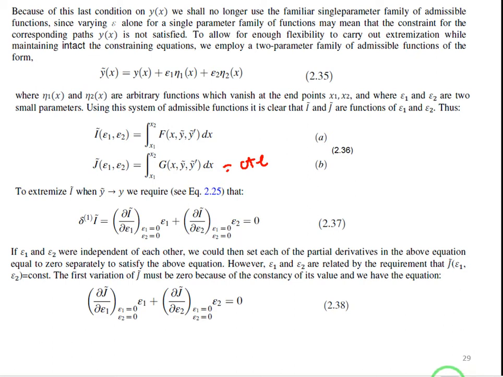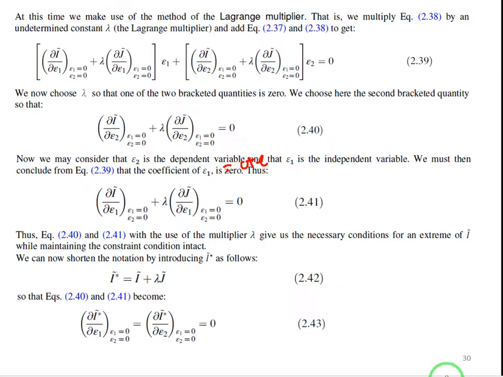So we sum these two equations. We multiply the second equation